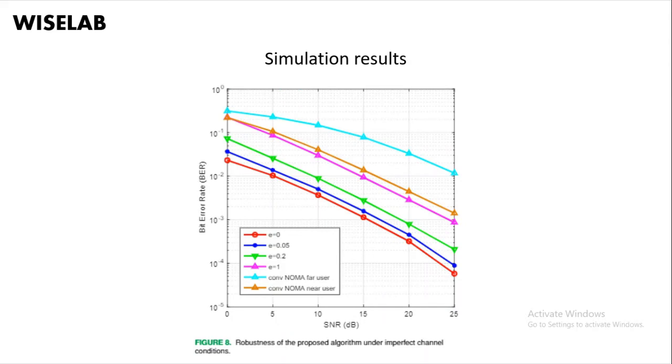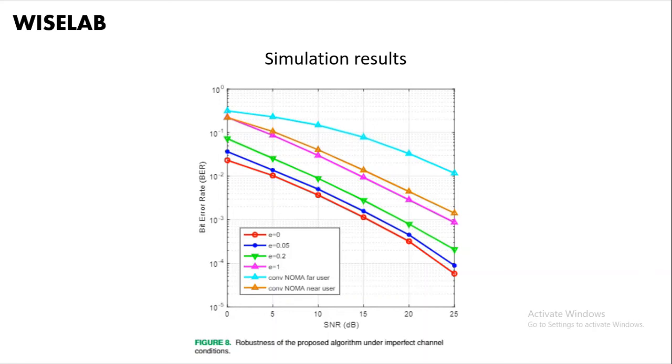We now also look at the performance metrics of this system in imperfect channel conditions. What we mean by imperfect channel conditions is that we are trying to simulate how the real world looks, because determining the channel of a communication system is not always as accurate as we may think. So we are trying to see how this system performs under